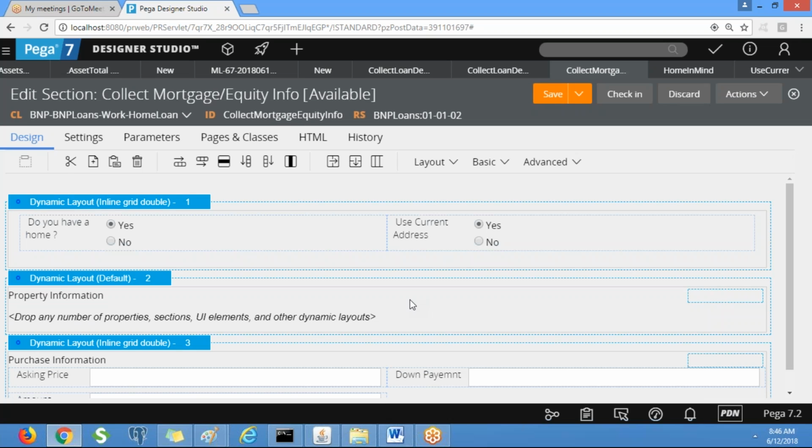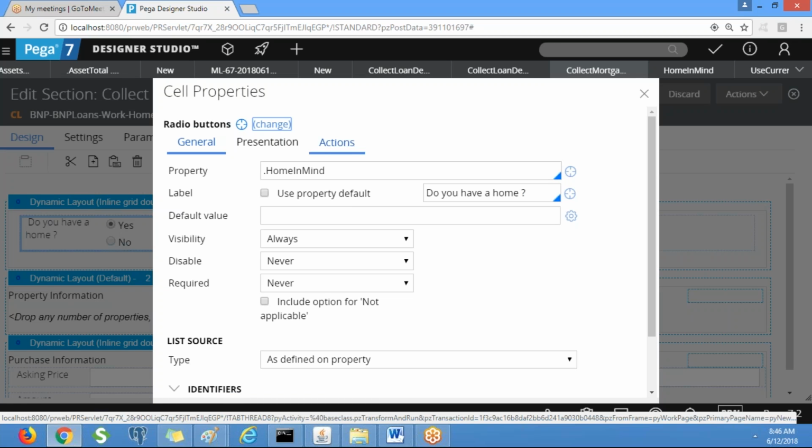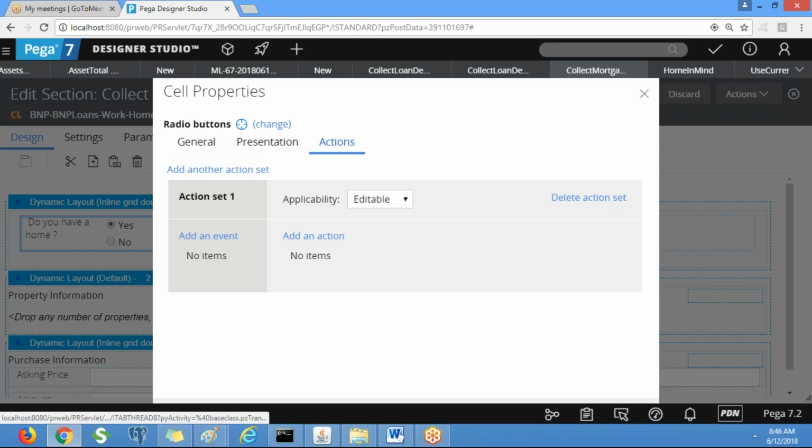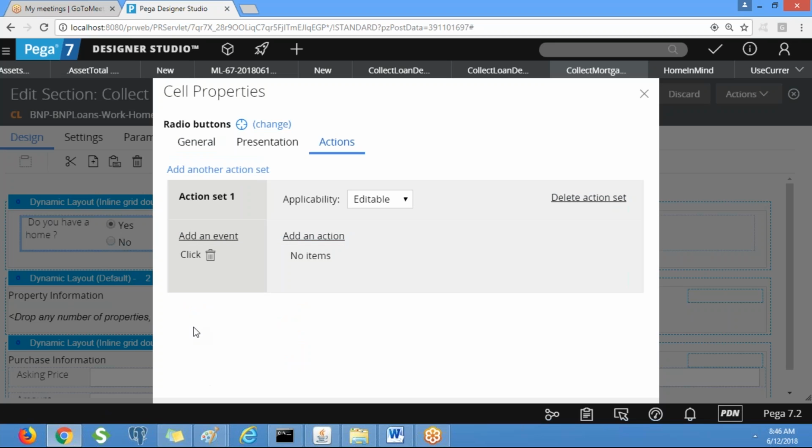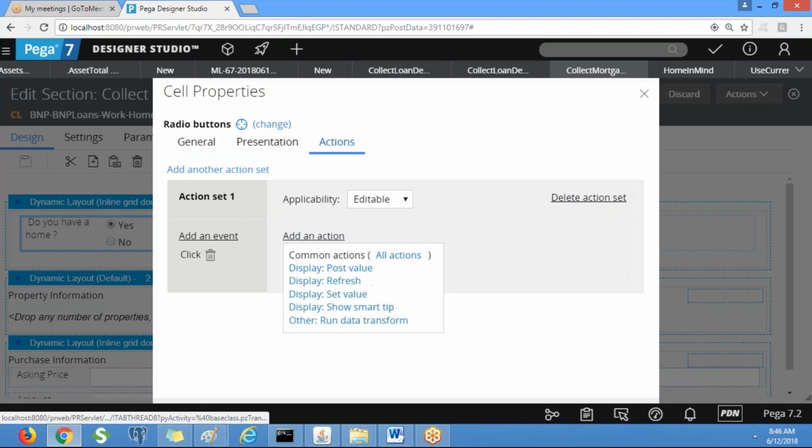So now, whenever the user selects this, that means the user is going to click on this radio button. So the section has to be refreshed so that the changes will appear. So we need to create an action set for the home in mind property. Go to the actions. Whenever the event is click, whenever the user clicks on this radio button, the section has to be refreshed.